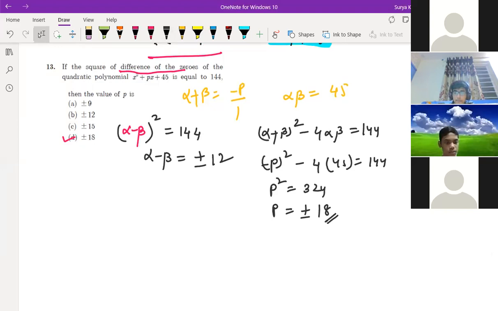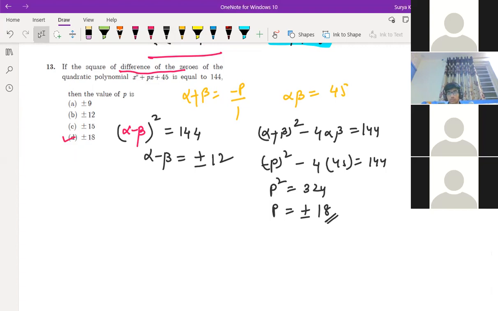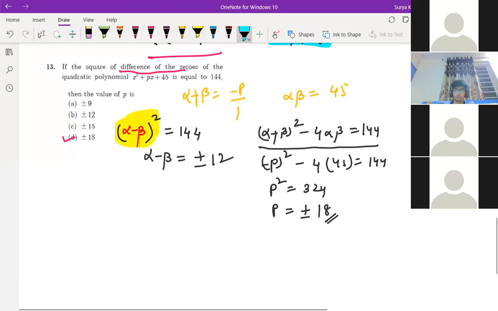See, children, can you understand this or not? Isn't there a shortcut way to do it? Shorter method you want? It's going to be time consuming, sir, and we have to remember alpha plus beta squared minus 4 alpha beta. This one you are getting confused, how to get this one, right? Whatever you are getting in the value over here should always be in this form only. Without this, you can't solve any question because you know only the sum of the roots and the product of the zeros.